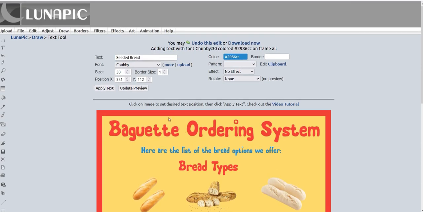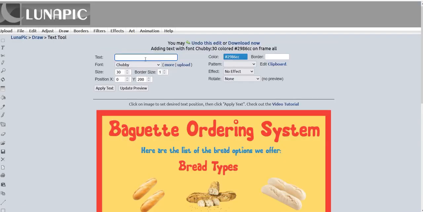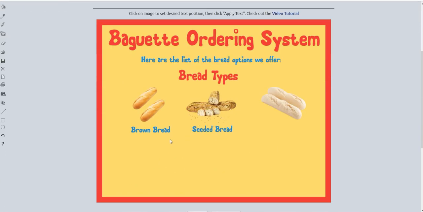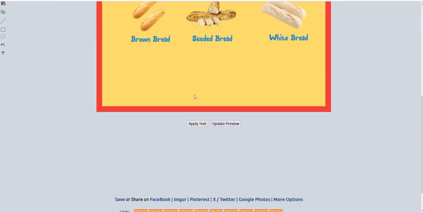So seeded bread. And then put that down here as well, just trying to keep that arrangement nicely and then apply. The last one is the white bread, so I'm just going to write that down and again, just get the text written and place it right here. So place it really nice. And then that's pretty much it. So we now have all the bread types written down properly, and now we're going to do the bread sizes,